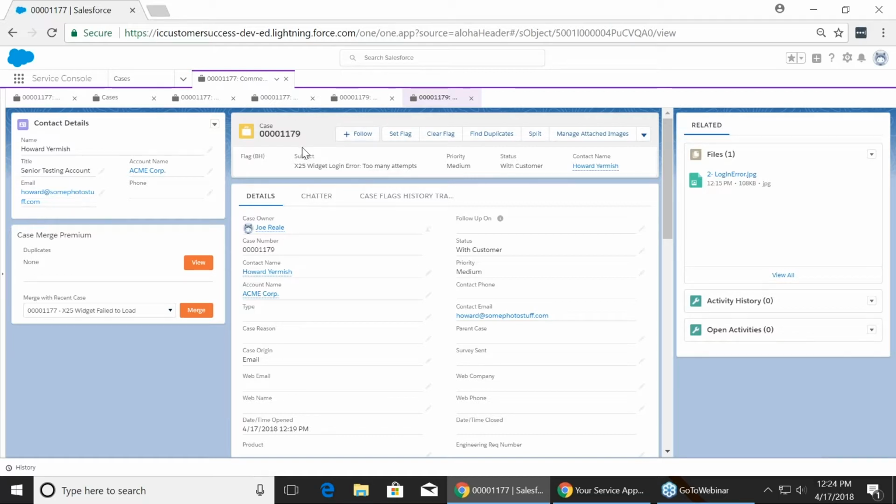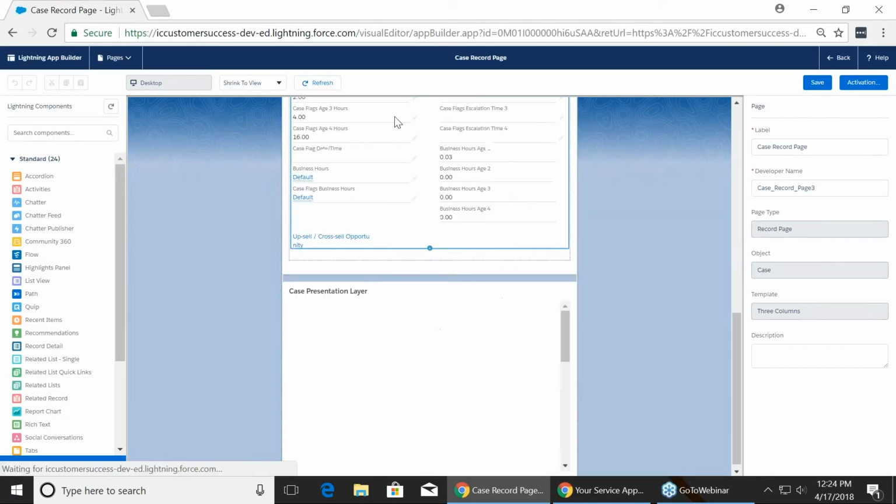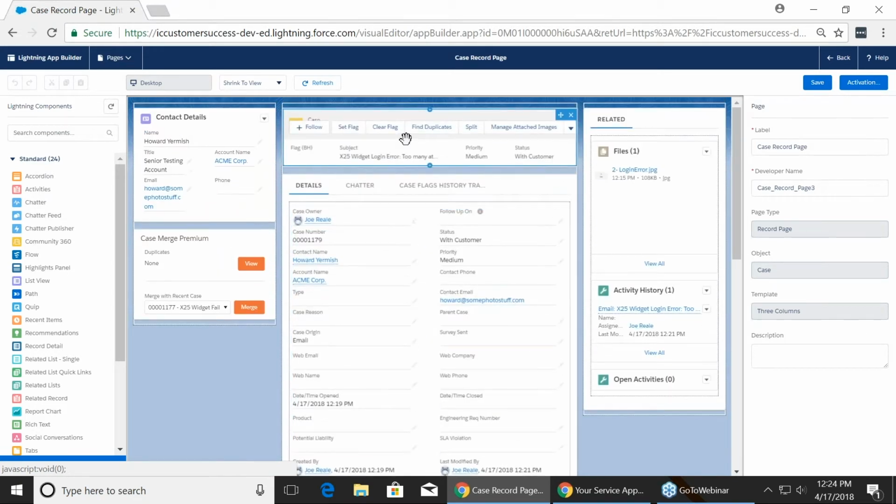So if I look at this, I want to get a quick view of what this case is about, which is why I include things like the subject line and if the case is flagged or not, who the contact is, things of that nature. If I want to edit that, I just need to go into the edit page portion of Lightning Experience, click on my component here,